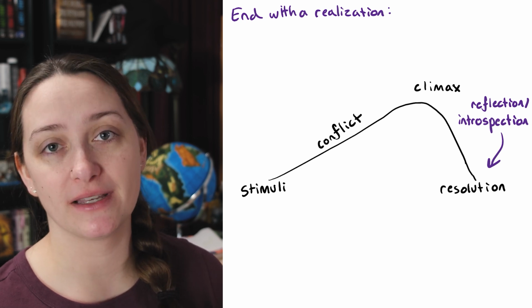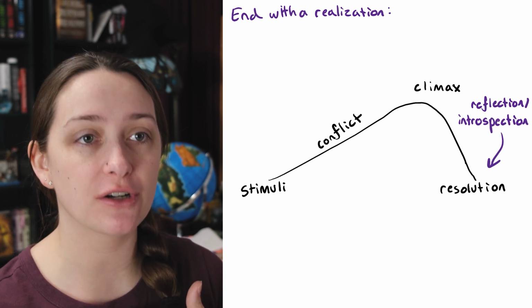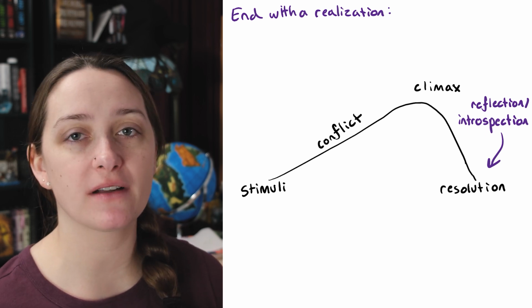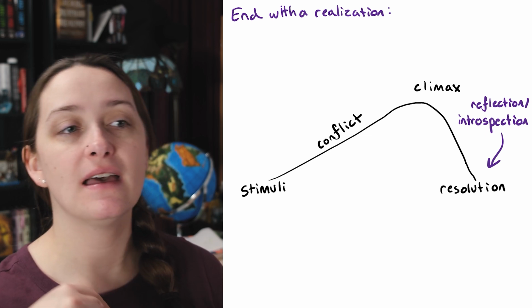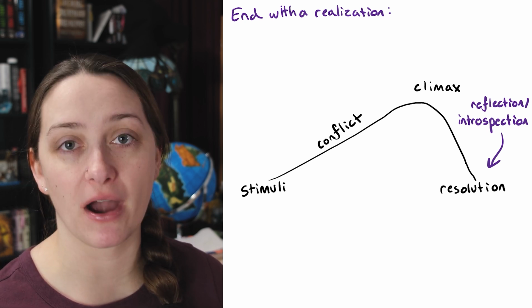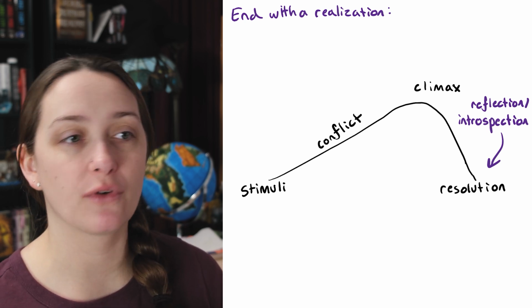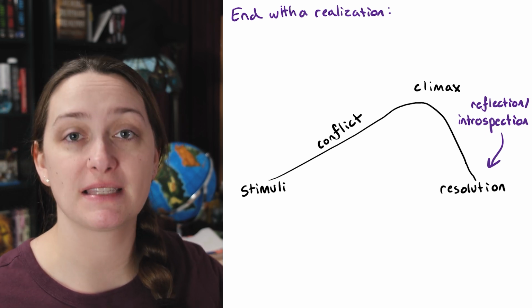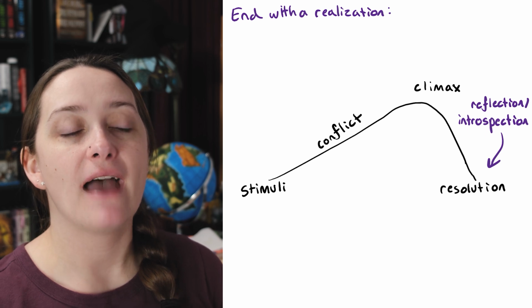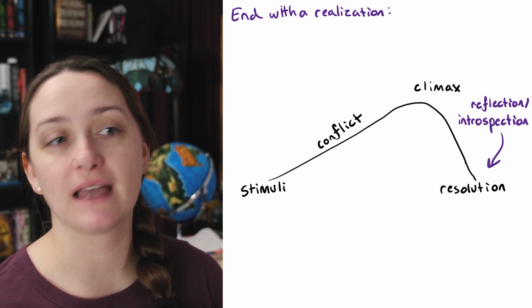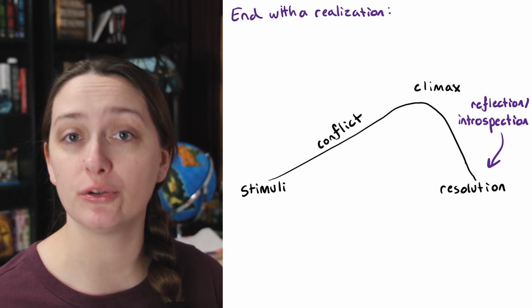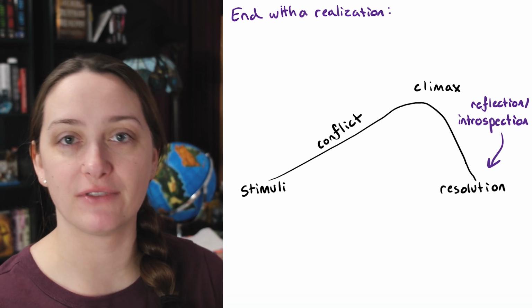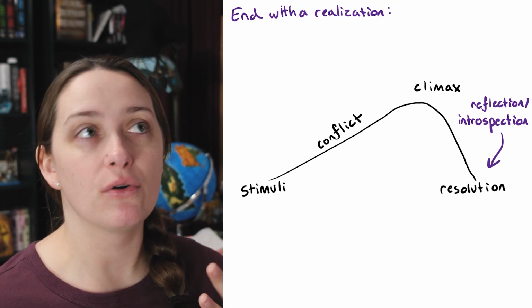Another common place for realization, which can tend to be a little bit more internal, will be after the resolution, the sequel part of a scene, where they're reflecting, thinking, deliberating over whatever that surprise was at the climax. Maybe they failed, maybe they learned something new, who knows. But something unexpected happens and now they have to process. And through that processing, they can realize something. Maybe it could be external, like putting a clue together, like they realize the connection between A and B due to the climax, and now they have some new theory or suspect.